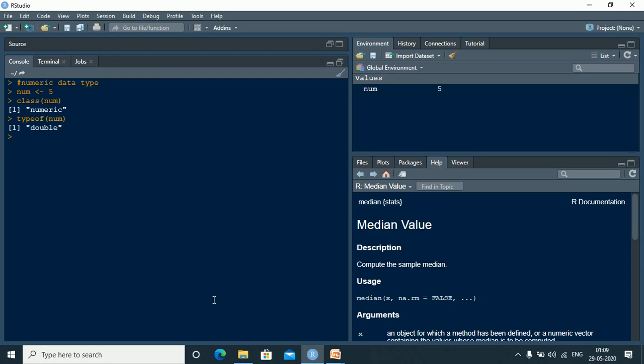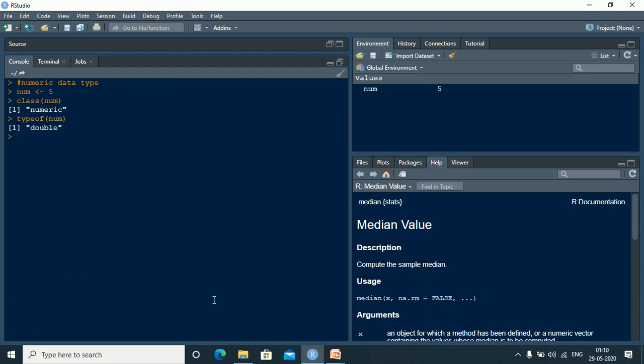This means that the value 1 is stored as 1.00 with a type of double, right? So most of the time when you are using numeric, since there is an option that a number with decimal is also a numeric data type, the number gets saved as 1.00, and that is the reason that when you are seeing the typeof num, you get the answer as double.